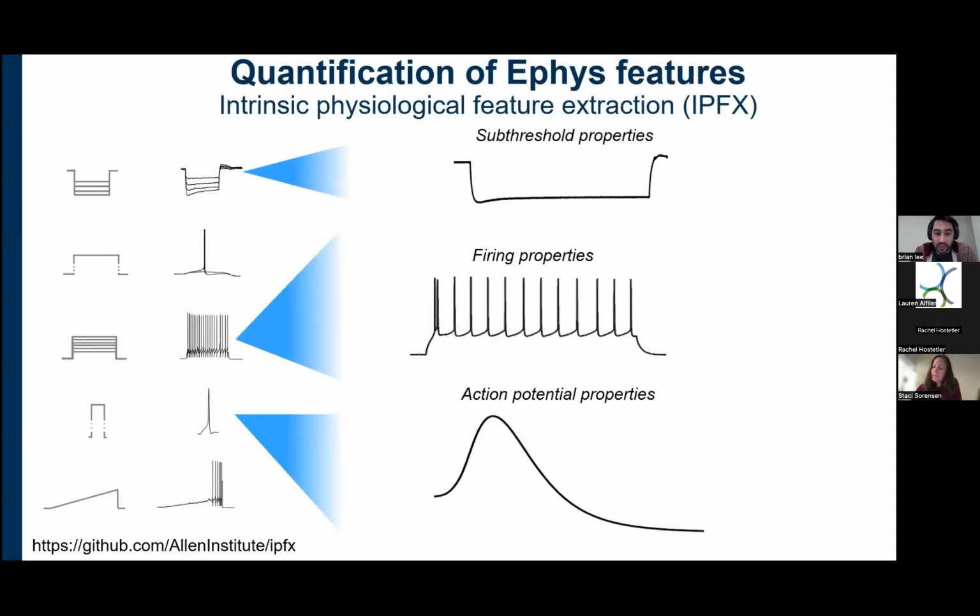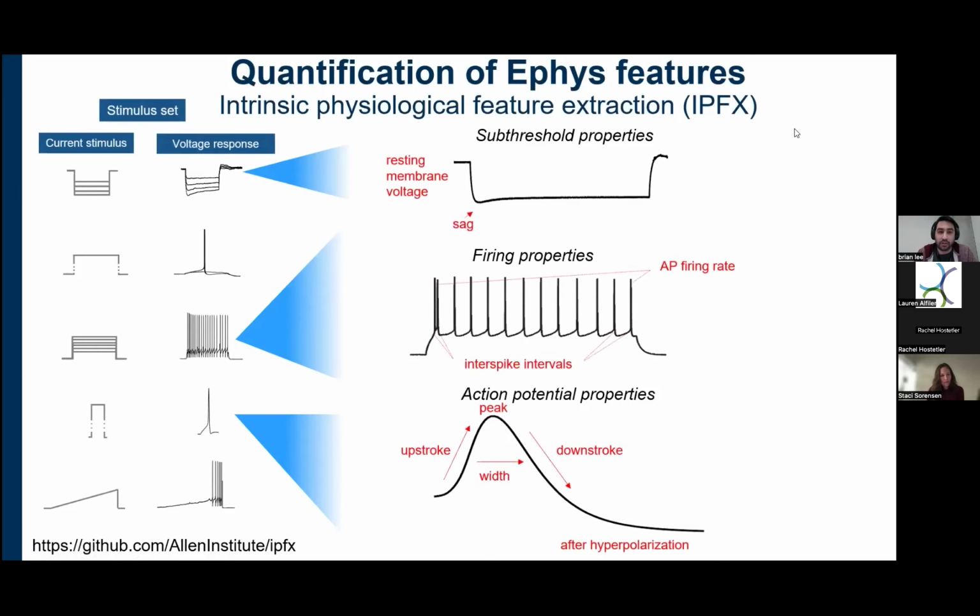This is a package that's available through our Institute. What it does is take our data set and automatically extract features from that particular experiment. There are something like 50 plus features. But what I want to do right now is just highlight a few features that can really help you distinguish different types of neurons. The resting membrane potential is one of them,